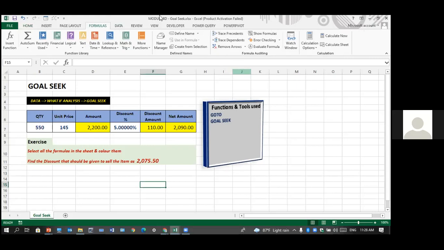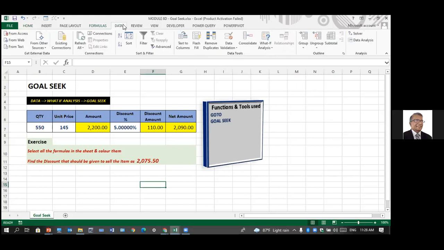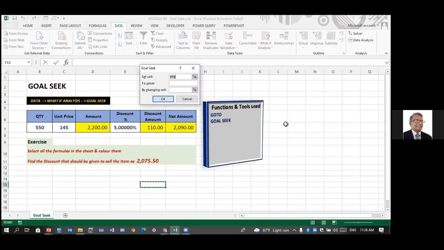Hello. Yeah, any question? You know what to do. I need to sell it at this amount, and find out what discount I should give to sell at this amount. So go to Data, What-If Analysis, Goal Seek. Very straightforward. What is the cell that you want to set? I want to set this cell. Click on that cell. Value, unfortunately you can't refer to a cell, you have to type it: 2075.50.